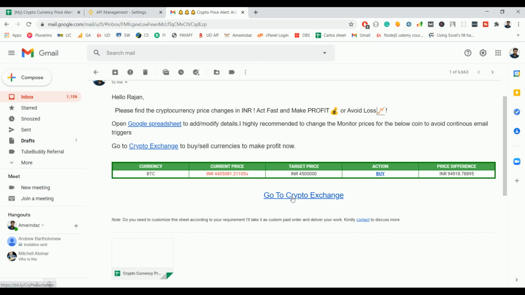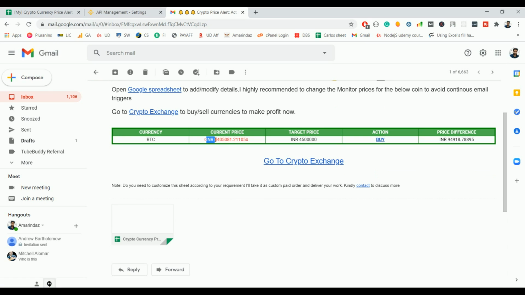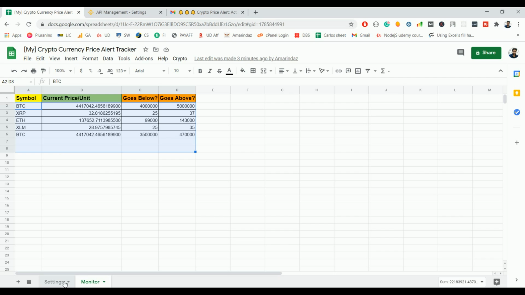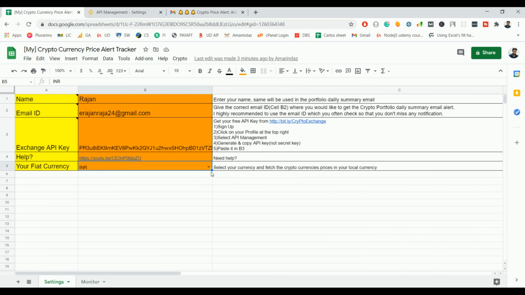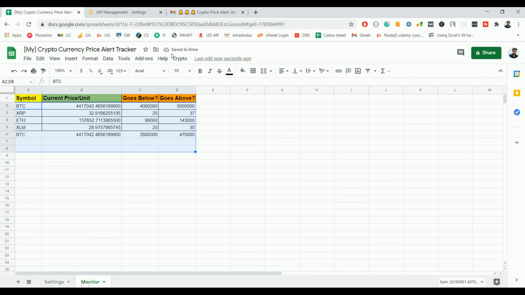And you can also open the exchange right from your email. It will launch the app if you click on this from the mobile, or it will open the cryptocurrency exchange in a new tab if you click on this from the browser. So this INR is fetched from this fiat currency. So if you want to track everything in USD, just select the USD and do a refresh once again,